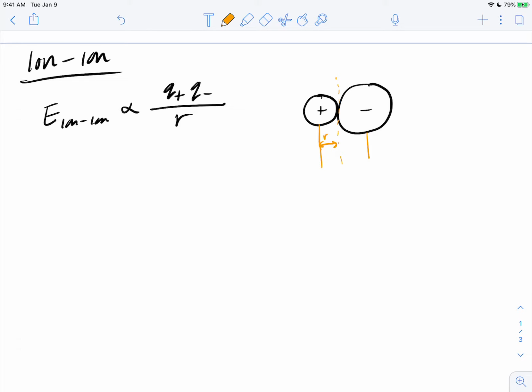This is the radius of the positive ion, this is the radius of the negative ion, and the R value is equal to the radius of the positive ion plus the radius of the negative ion, or it's simply this distance, R. Okay, so R depends on the ionic radius of each ion,